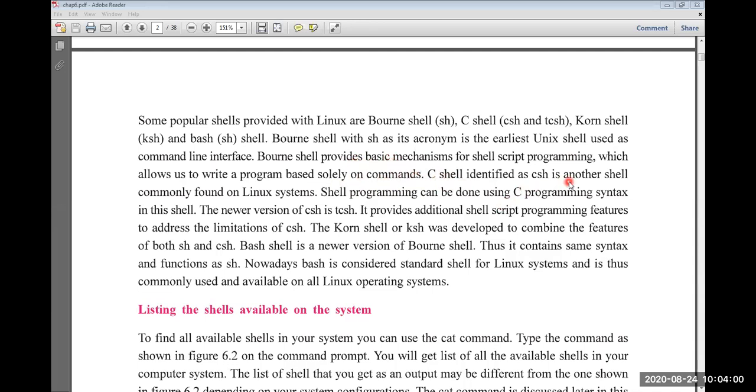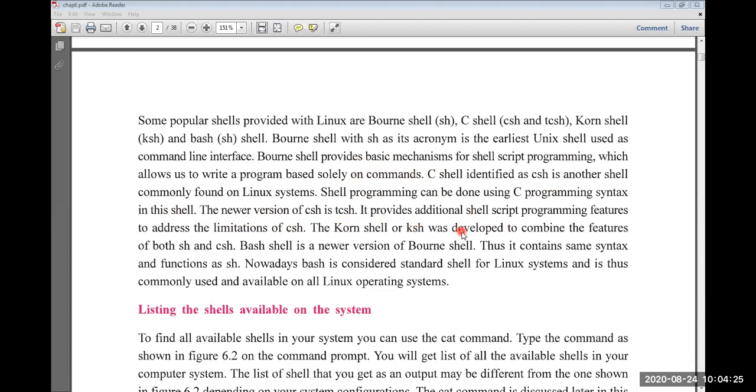The C shell, identified as CSH, is another shell commonly found on Linux systems. Shell programming can be done using C programming. So the C shell is purely for C programming. The newer version of CSH is TCSH.